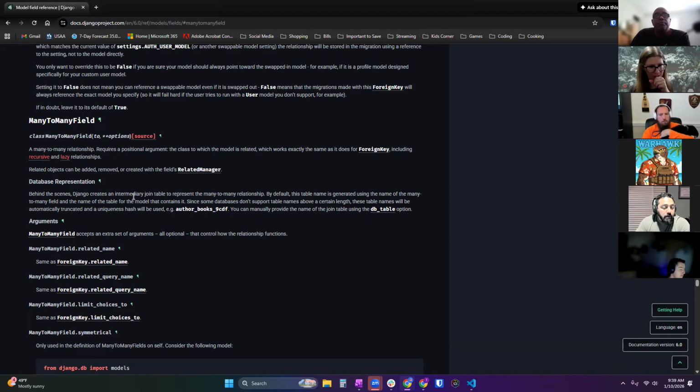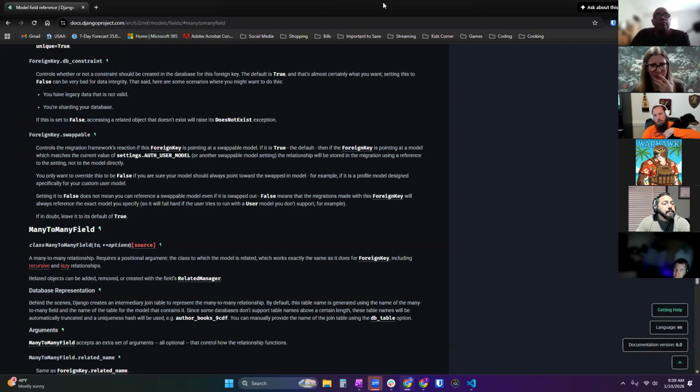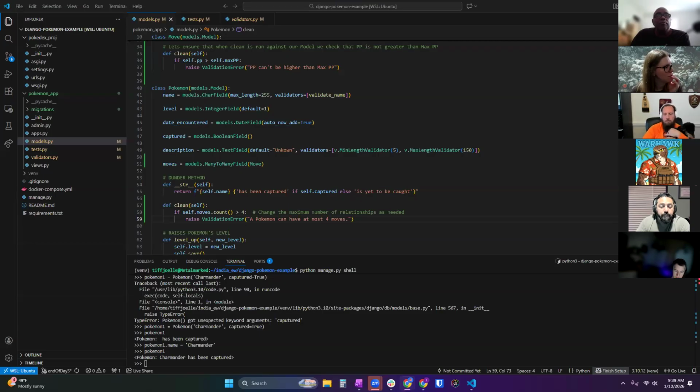Okay, I'll have to find the information here, but there are specific ways to talk to these fields and add information in there. We saw how, when it's just a field that doesn't have a relationship, I was able to just do Pokemon1.name equals that. I can do that because it only has one value in there. But with this many-to-many field, I can put lots of values in there.